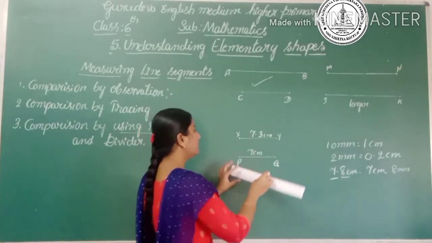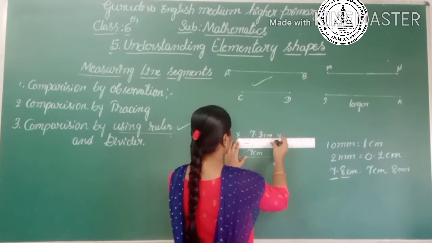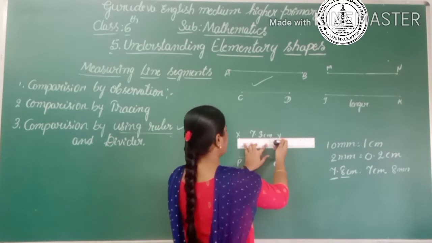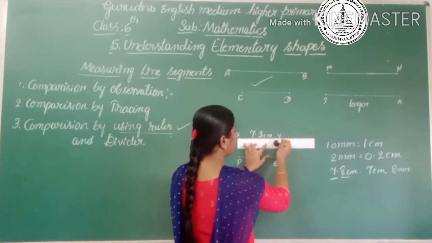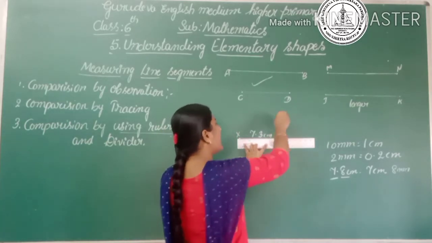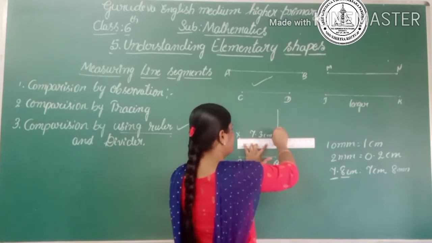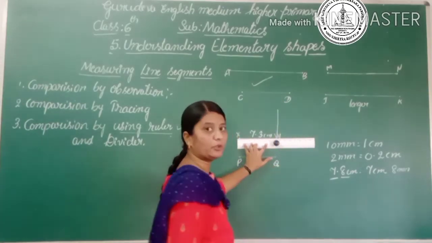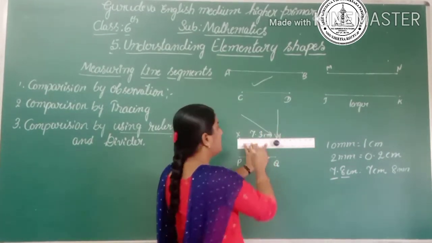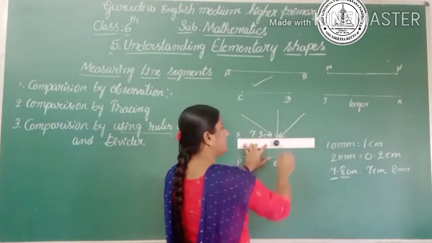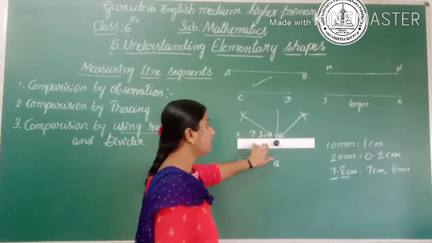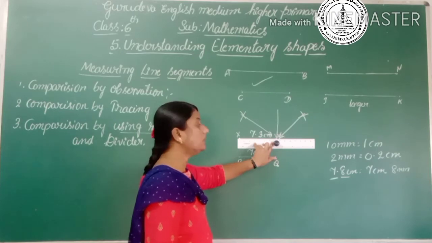Yes. While we are measuring the line segment using the ruler, here there is a measuring point, that is 7.3. So while we are measuring the line segment, we have to position our eye straight. So you don't look like this in this position and also in the other position. So these two are the wrong positions of reading the length of a line segment on the ruler.